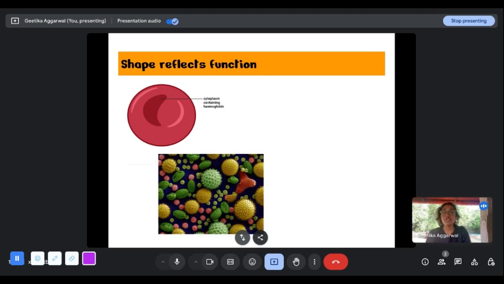Then there's an example of pollen. Pollen, as you can see, come in various shapes, but most of them have these surface structures, which can help them actually attach to the surface of the stigma. So this makes them quite sticky, these ridges on the surface of it. It makes it easier for the pollen to attach to the stigma, and that eases its way to reach the